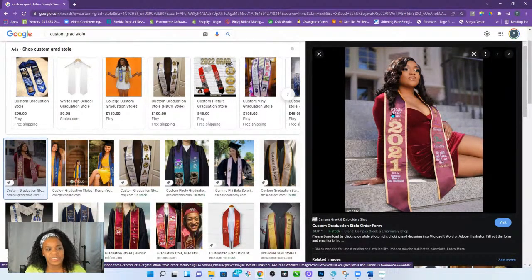Even if it starts out white, you don't have to go out and buy a bunch of the stoles in all of these different colors. You can easily create that by just filling in your background and having a proper template where you have the edging and have the edging be even. And there's no pictures on these stoles. And if you go into a lot of the Etsy shops, you're going to see how much they are: $105.